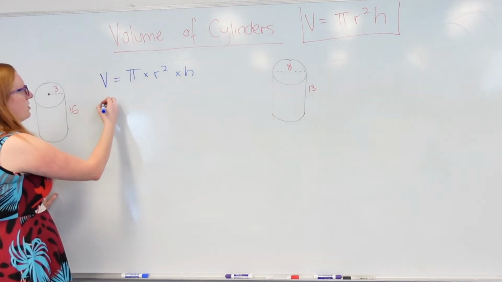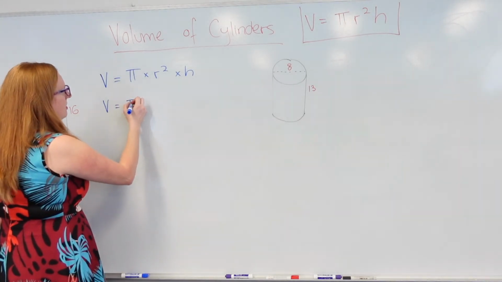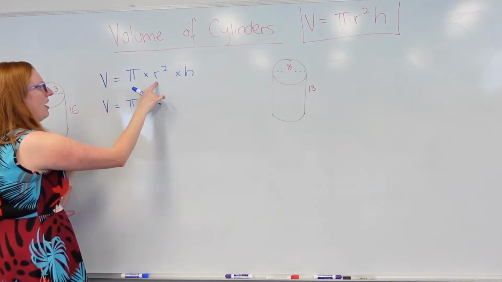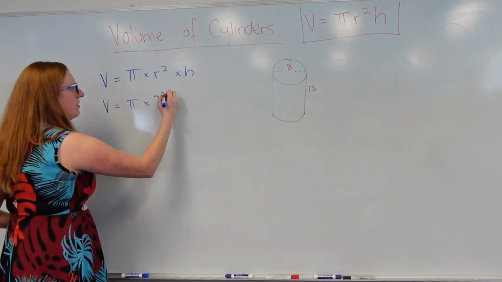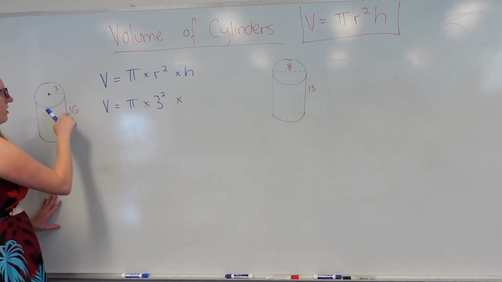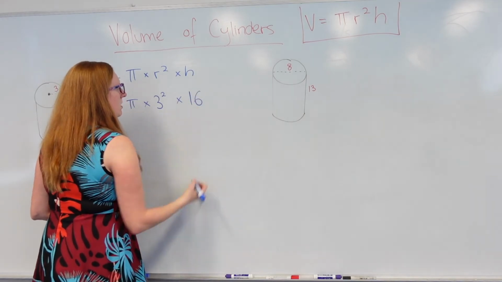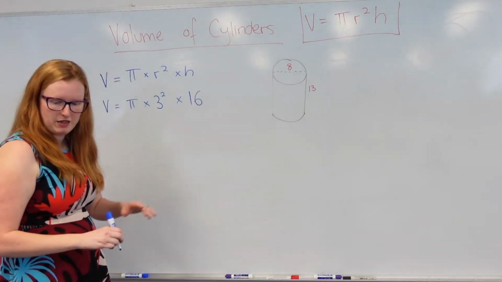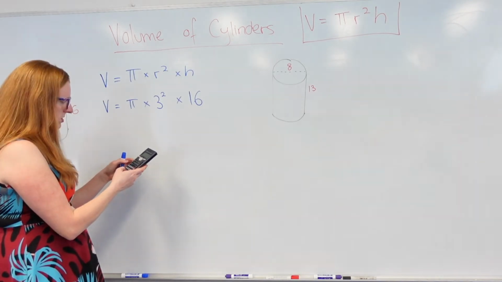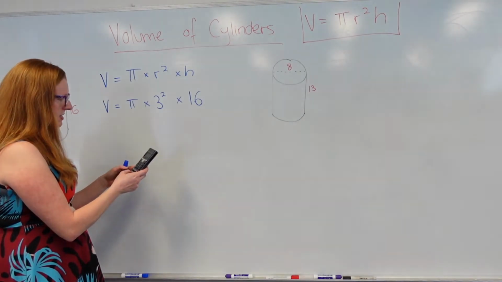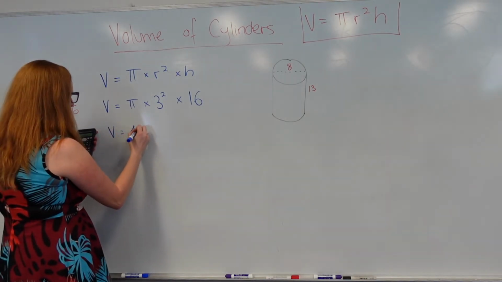So I don't know what the volume is yet, so I have to leave that as a v. Pi is a number in itself already, but r is my radius, so my radius is 3, so it's 3 squared. And then I'm timesing that by the height, so my height is this distance here, so that's 16. So I'm typing this into my calculator. So pi times 3 squared times 16,